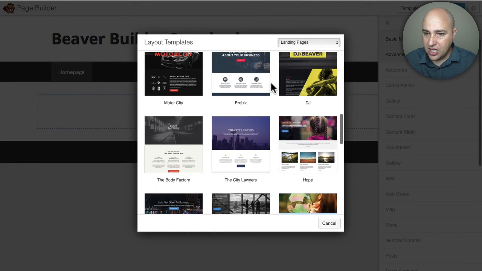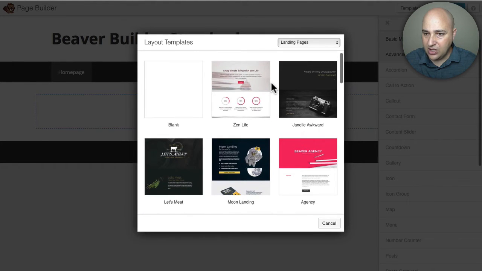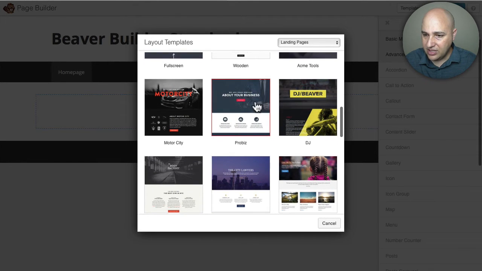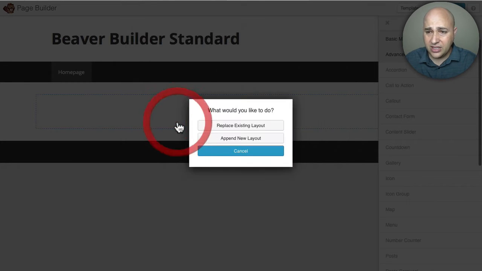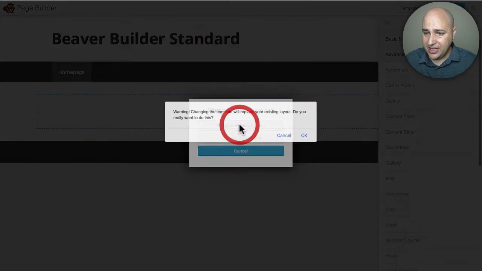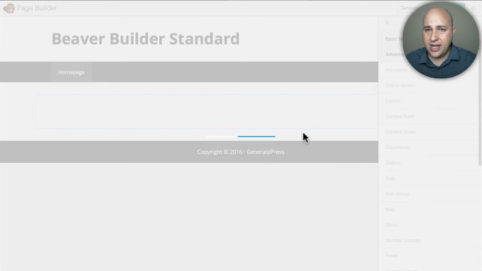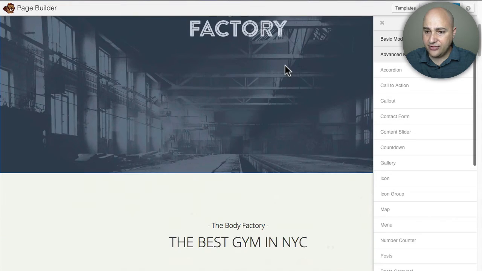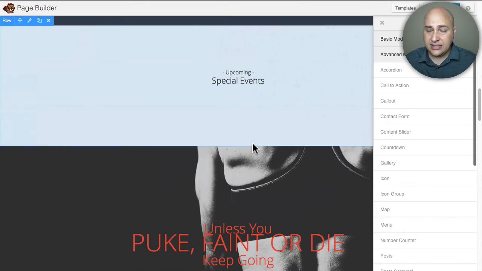All you have to do is click on any of these, and it's going to pull that into the website. So let's find something that might fit. How about this one right here? Actually, no, I want to do this one. All you have to do is click on it, and then click on Replace Existing Content, and this will replace anything you've done on this page and put in this template. I'm going to click on OK, and then it's already done. And all you have to do is change out your text and images, and you already have a designed web page for yourself.